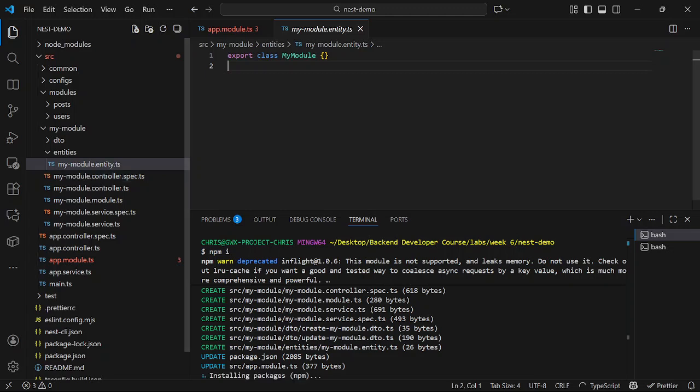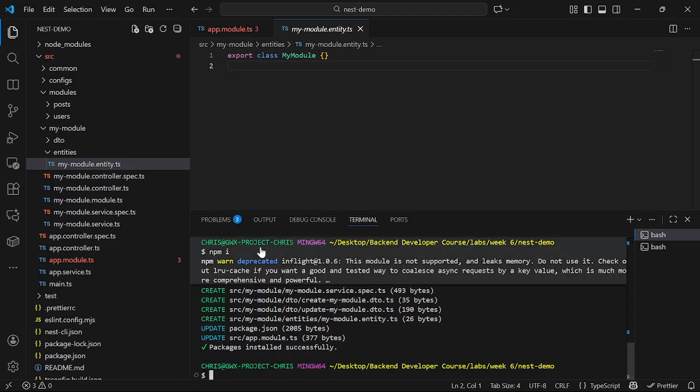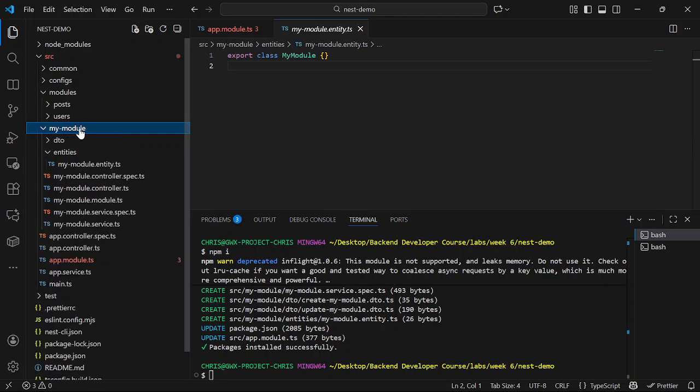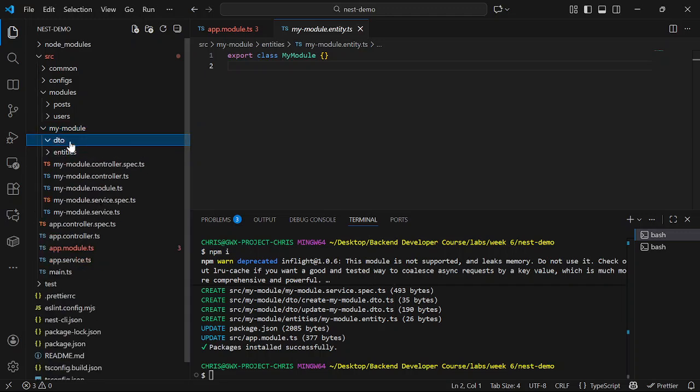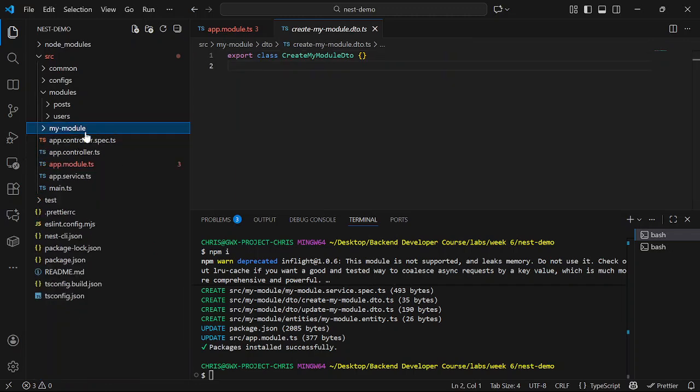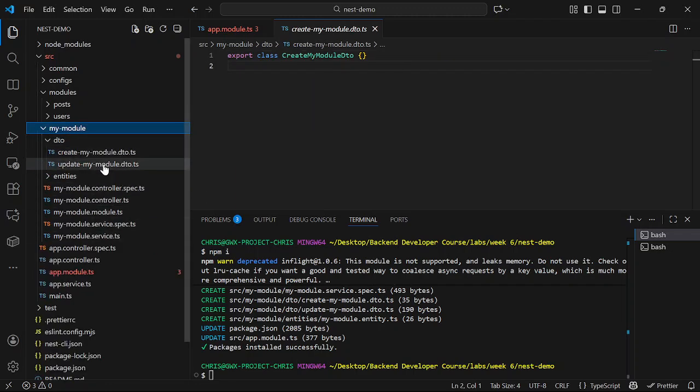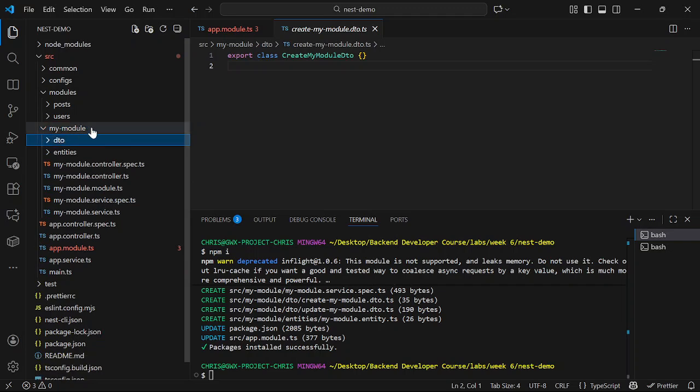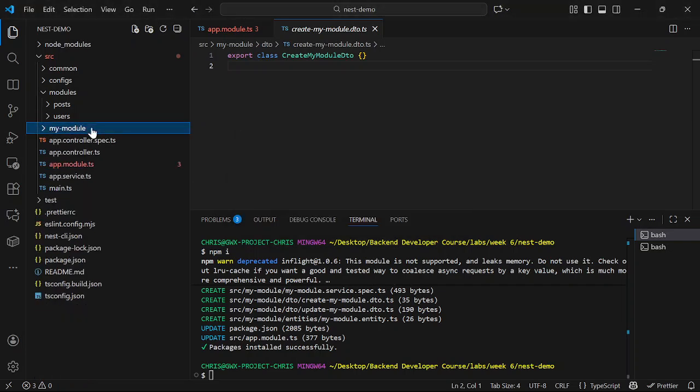That's not the way I want to structure the projects. So everything is installed. So this is my module. It created the classes, the DTOs and the entities and the controllers and the services and their respective test files. So I'm going to delete.